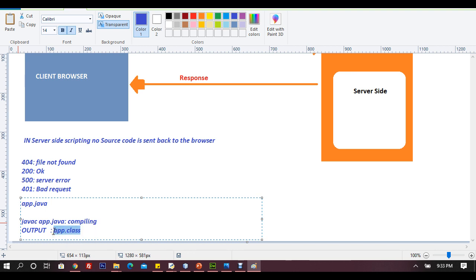That is why at runtime we don't get errors, we get exceptions. At compile time we get errors. At runtime we get exceptions. Anything that comes at runtime is called an exception, just like we have null pointer exception, many different things, right? And at compile time we get errors. So Java is a compiled programming language, whereas JavaScript